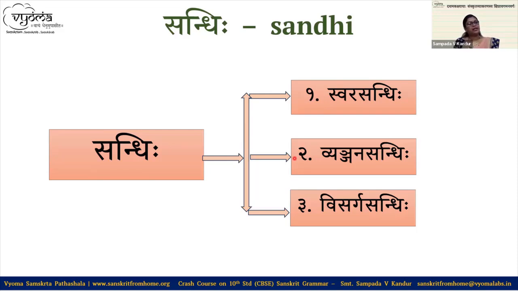For having extension, there should exist something. Whatever exists, that only you extend, right? So Guna should be there, then only Vruddhi happens. So where is Guna present? Guna is present in Uttarapada. There is A-I O in Uttarapada. That results as Vruddhi, that results as I and Au. Okay. Yes, ma'am, I got it.